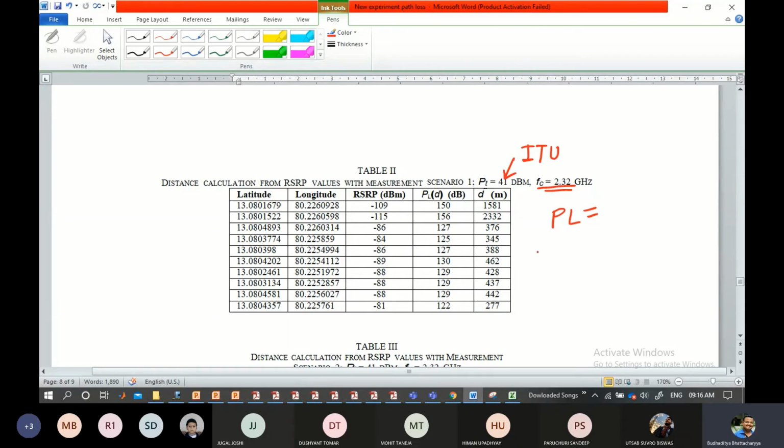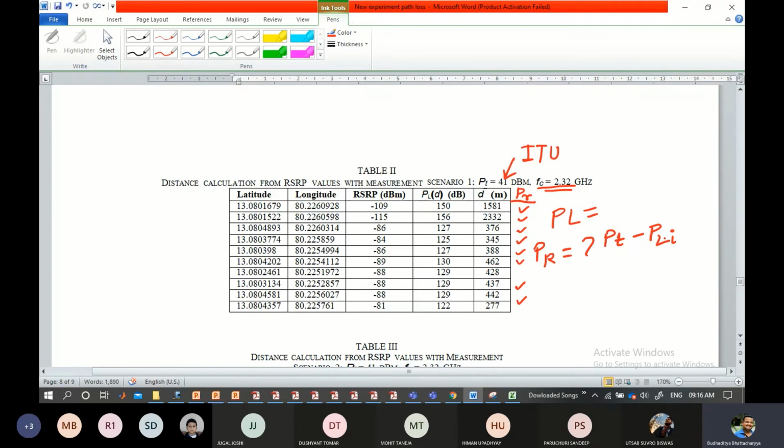So you can find the respective receive power and put it over here, like PR, and go on calculating it one by one, because PR is nothing but PT minus PLI, where I is a generic value like this.